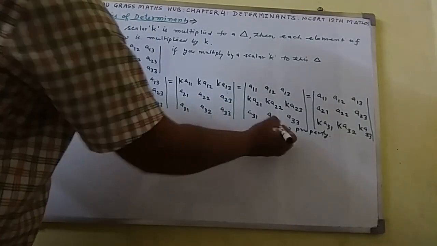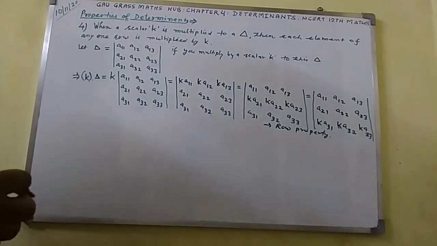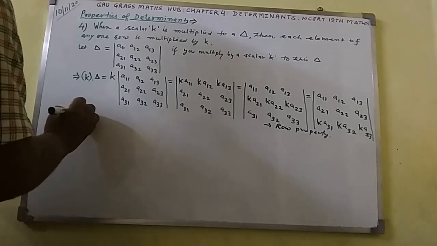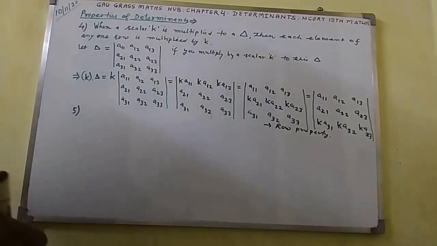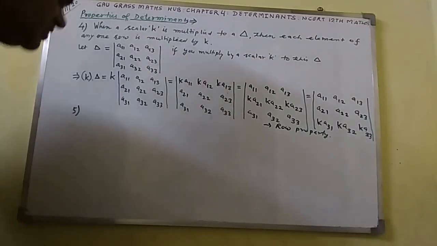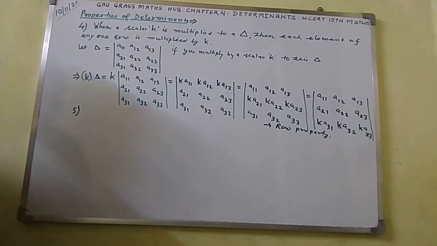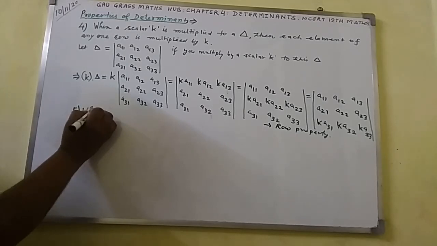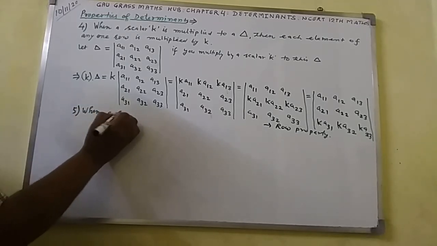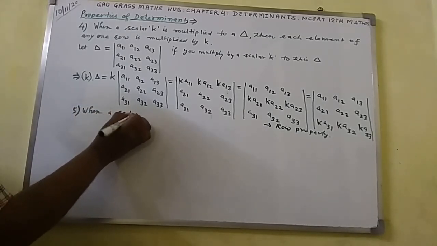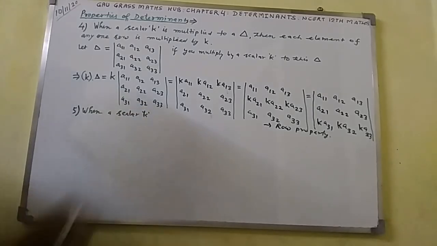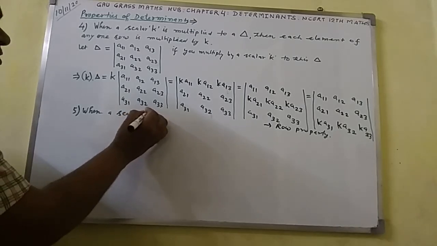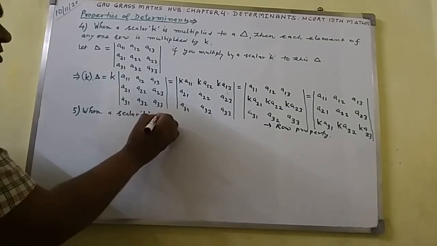This is the row property you can see. Now, come out to here, property number 5 I shall write here. Let us see what property number 5 says here. The property number 5 here says when a scalar small k is